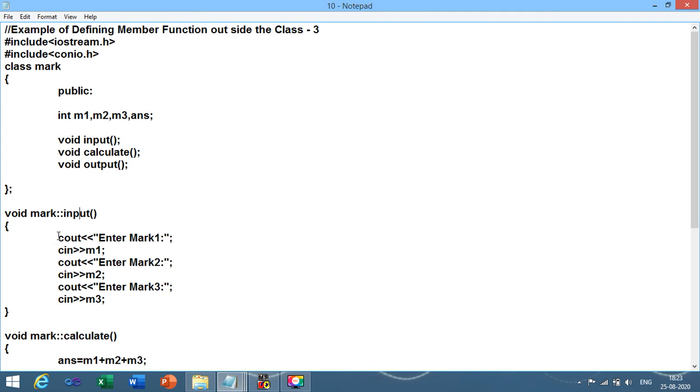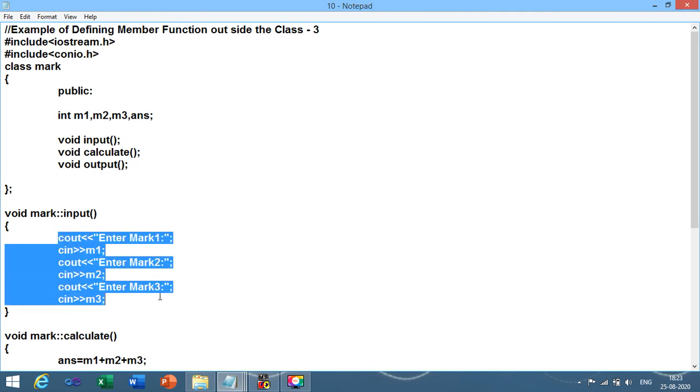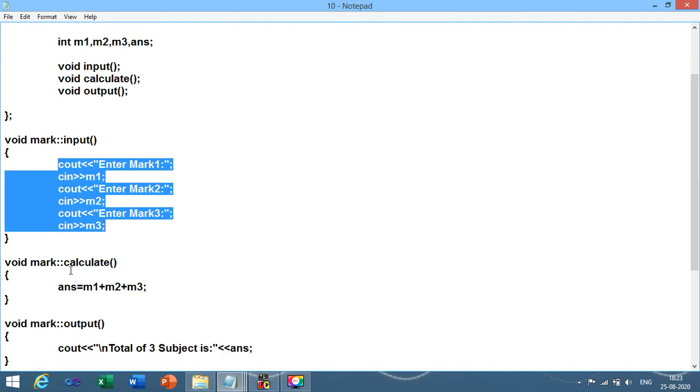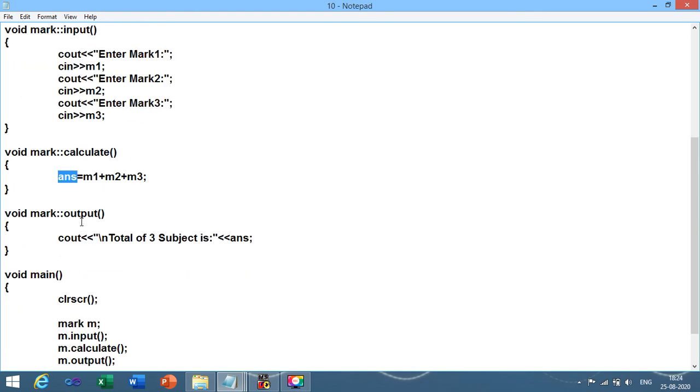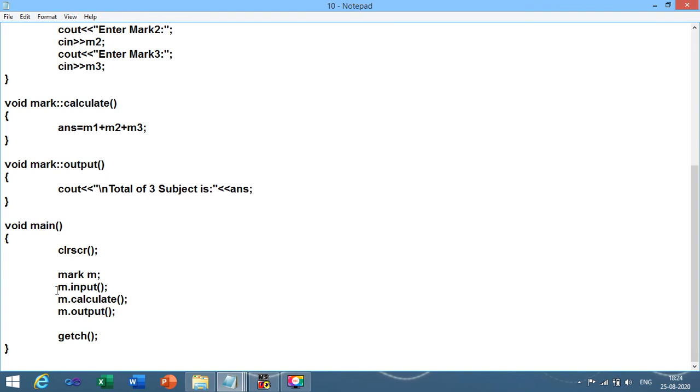The input function is used to input marks of 3 subjects. The calculate method contains the processing statement, or we can say the formula, and the answer is stored inside the variable answer. And the output function is used to display the value of the answer variable, or the total of 3 subjects.